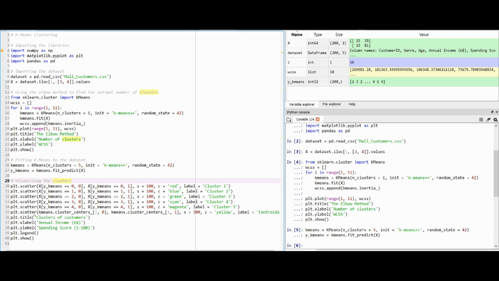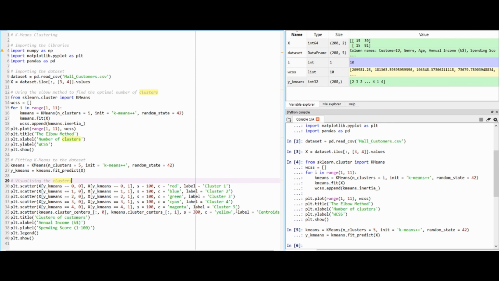After that, we will also plot the centroids of the clusters. For this, we are using kmeans.cluster_centers_, and we are passing all the clusters, that's why we are using colon comma 0, which is the first column of the feature matrix X. Similarly, in the y-axis we are passing all the clusters and the second column of the feature matrix X. Here the size of the centroid is larger than the points of the cluster, that's why it is 300.